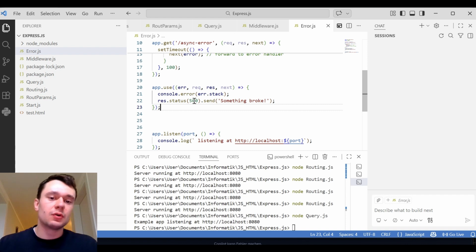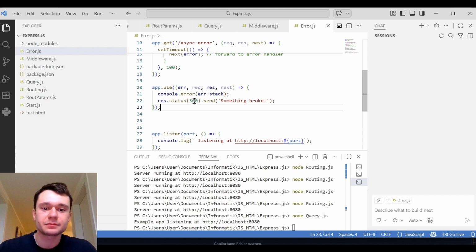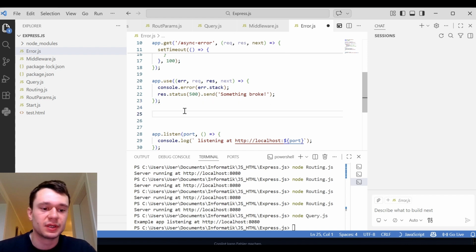You can also have different kinds of middleware functions for different kinds of errors. So if you have a validation error or other types of errors, you can be a little bit more specific than something broke. This is a bit of a poor example. This will probably not help anyone, but